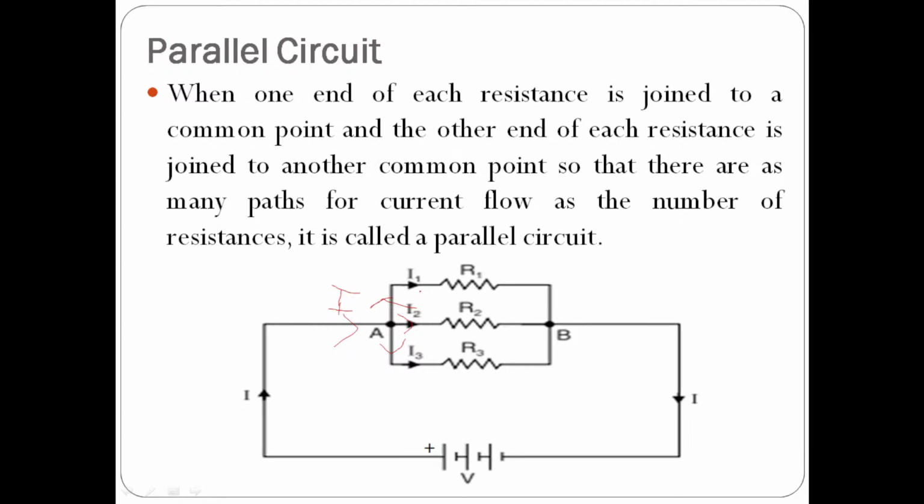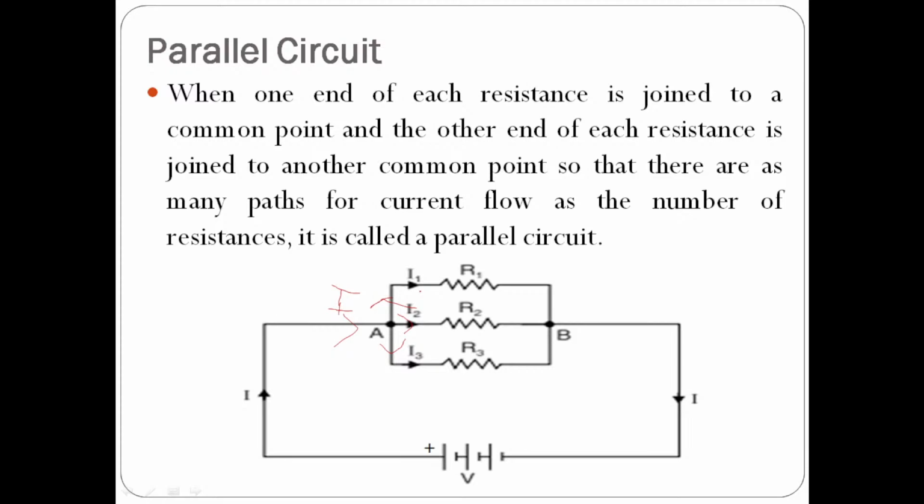So in a pipe, water is flowing. Suddenly, in between, what will happen? 3 paths appear in front of the water. So what will happen to this water? Water will flow in this direction, as well as it will flow in this direction, as well as in this direction. So here current I is dividing into